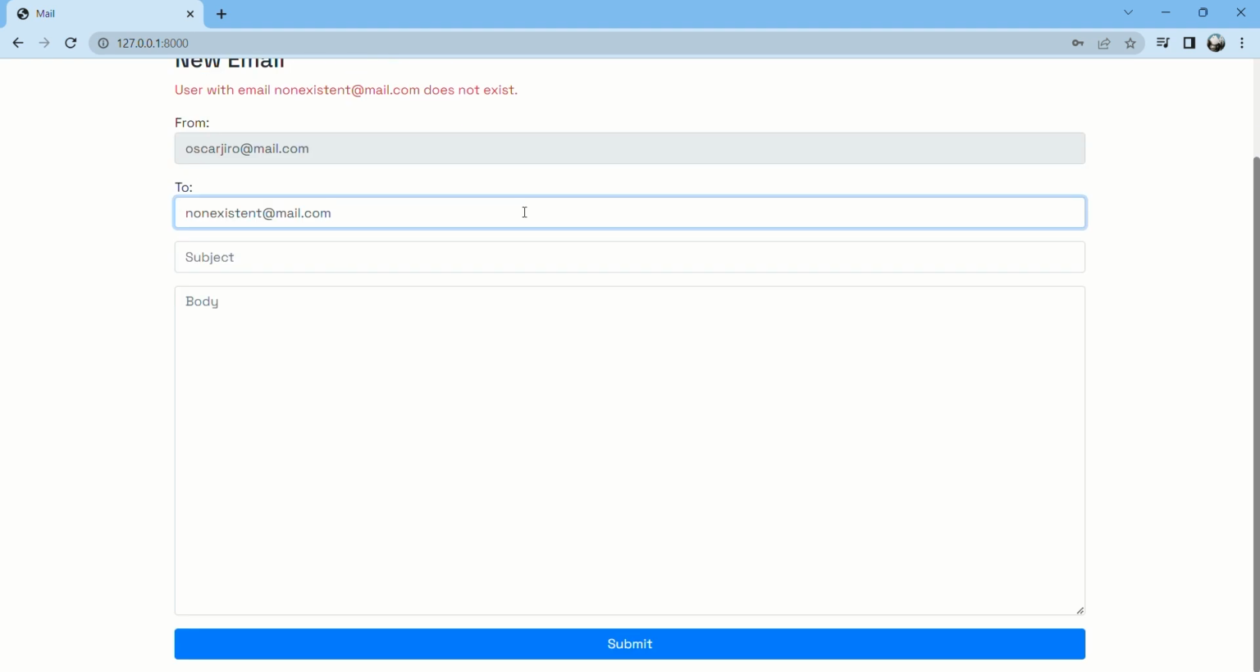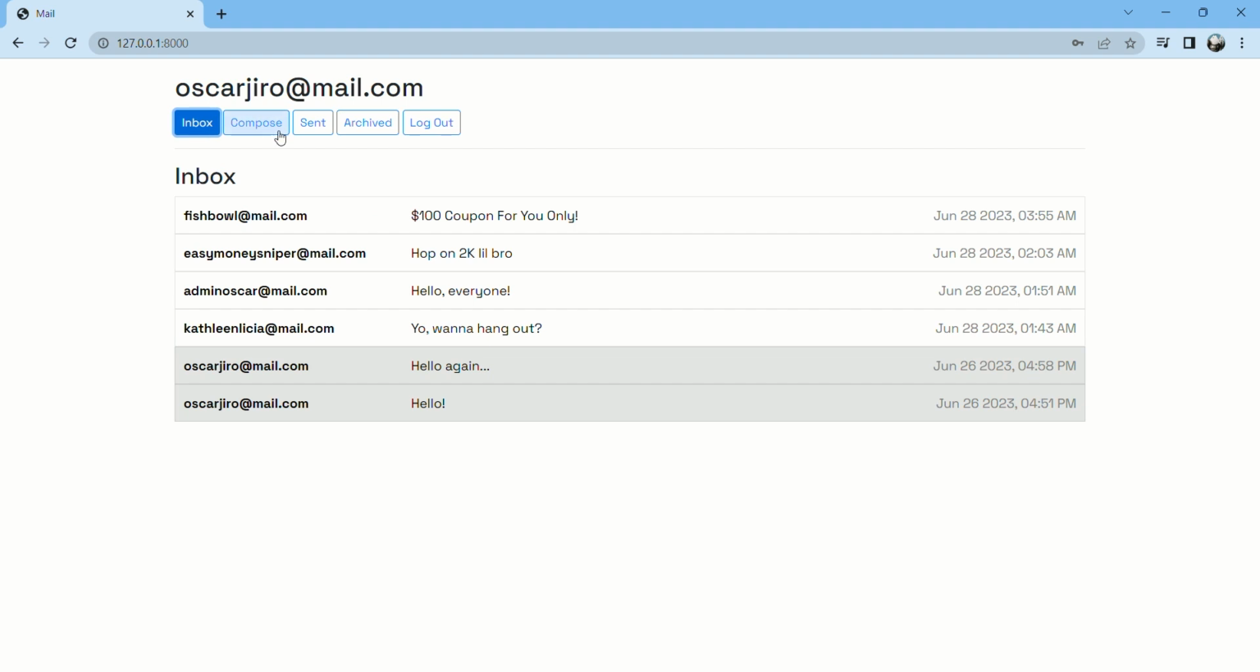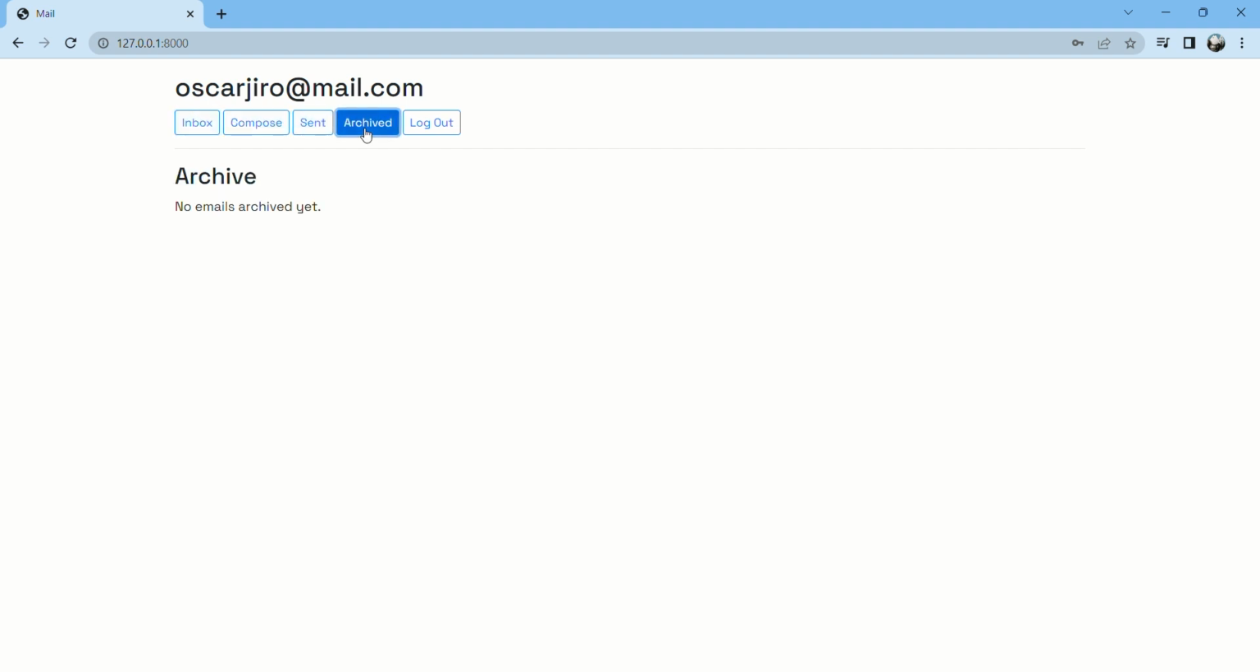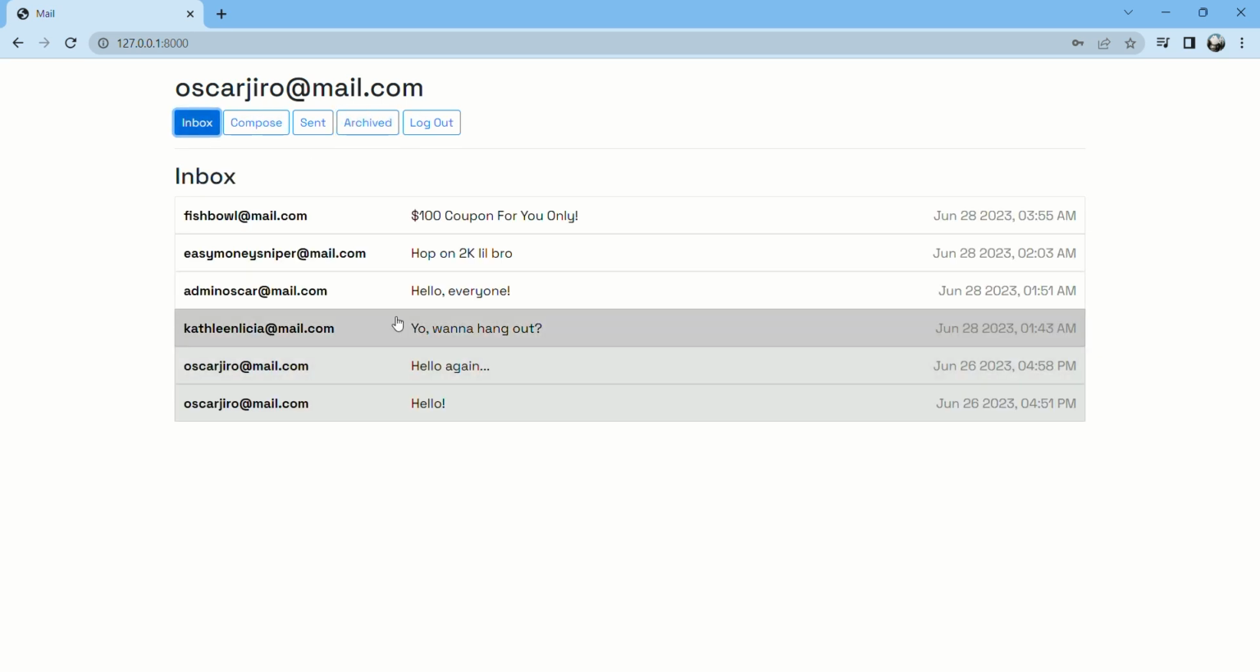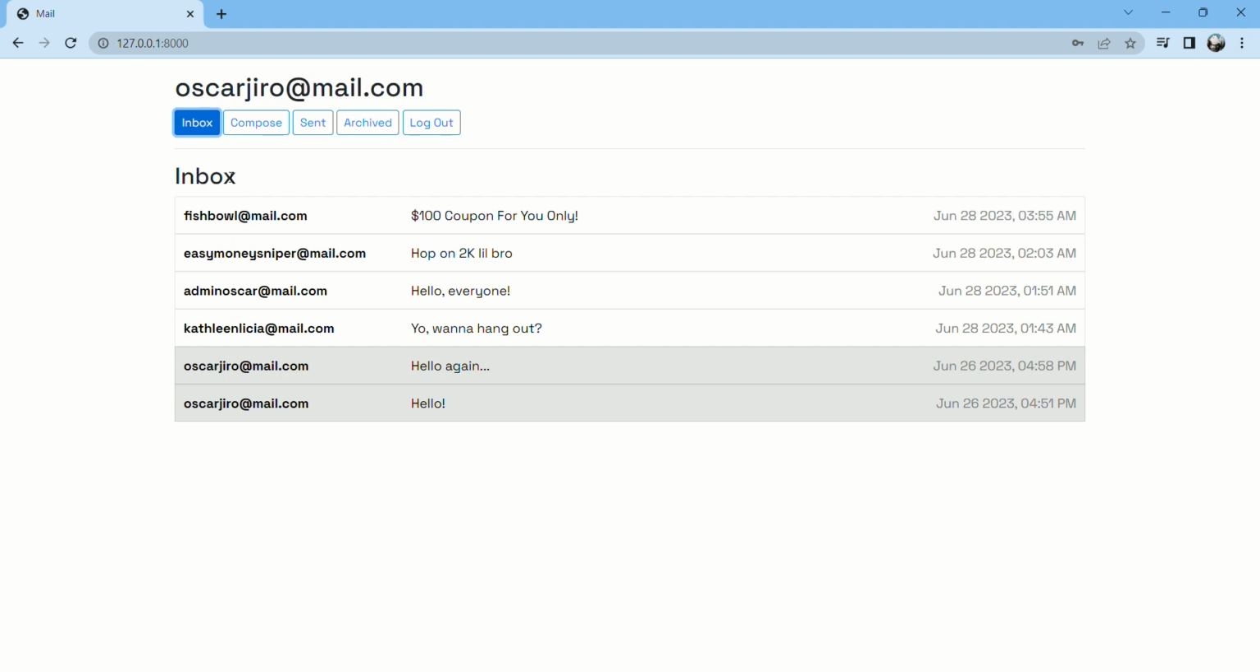Moving on to the second point, mailbox. When a user visits a mailbox, such as their inbox, sent mailbox, or archived mailbox, it should load the appropriate mailbox through the GET request to the particular mailbox. Now how this works is that the application should first query the API for all the latest emails on the mailbox. Then when visited, the name of the mailbox should appear at the top of the view, and each email